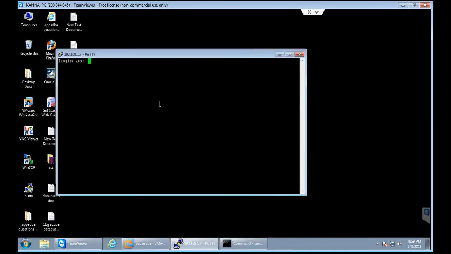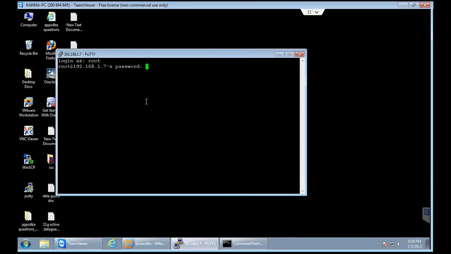Now when it asks for login as a user, you need to provide the user called root. Yesterday we were discussing that root is the super user of the Linux machine, so we need to use that.